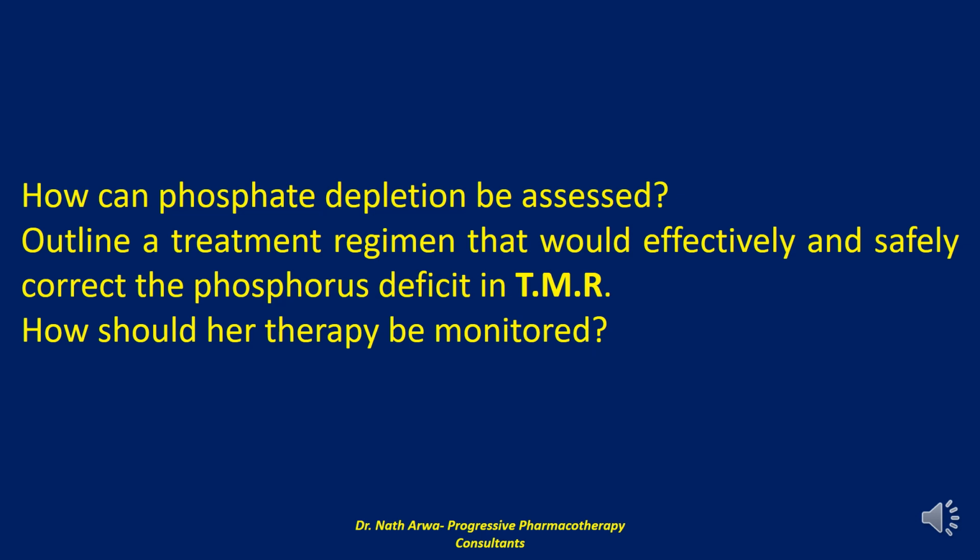Parenteral phosphorus replacement should be stopped once the serum phosphorus concentration reaches 2.0 mg per deciliter and also when oral supplementation is started. In general, no more than 32 millimoles, that is, 1 gram of phosphorus, should be administered IV